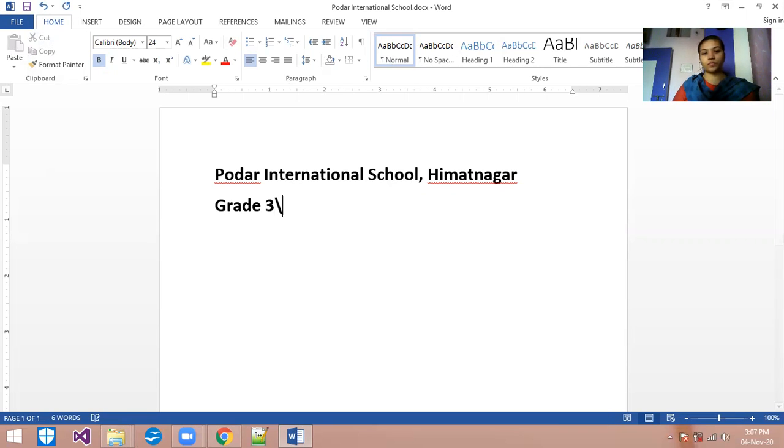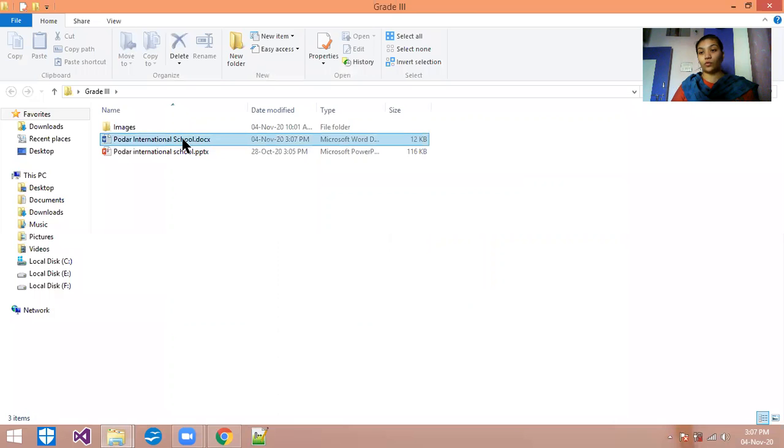Control S and close it. And remember one thing, if you want to rename any file or folder, then compulsory that file will be closed. अगर वो file आपकी open रहती है तब आप उसका rename नहीं कर पाओगे. Compulsory वो file close ही होनी चाहिए. अभी मैं ये वाली जो फाइल है उसका रीनेम करना है, मतलब ये वाला नेम है, आई डोंट लाइक दिस नेम, आई वांट टू शॉर्ट नेम like PIS Himmatnagar, PIS HMT.